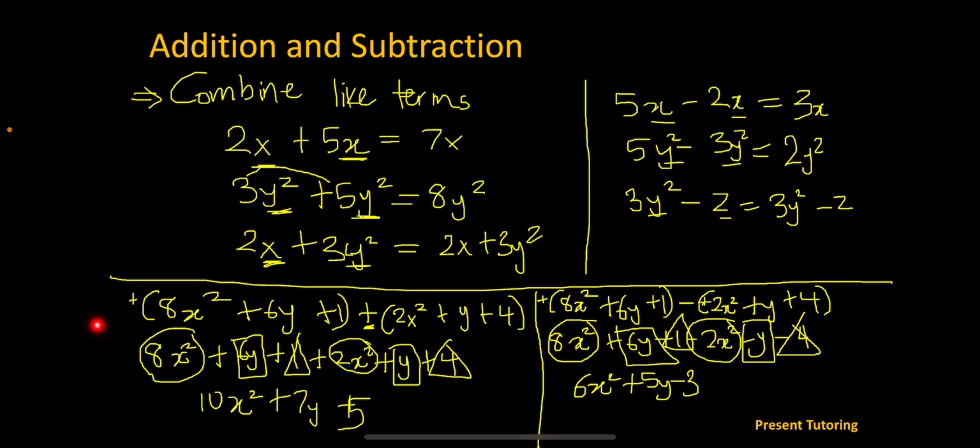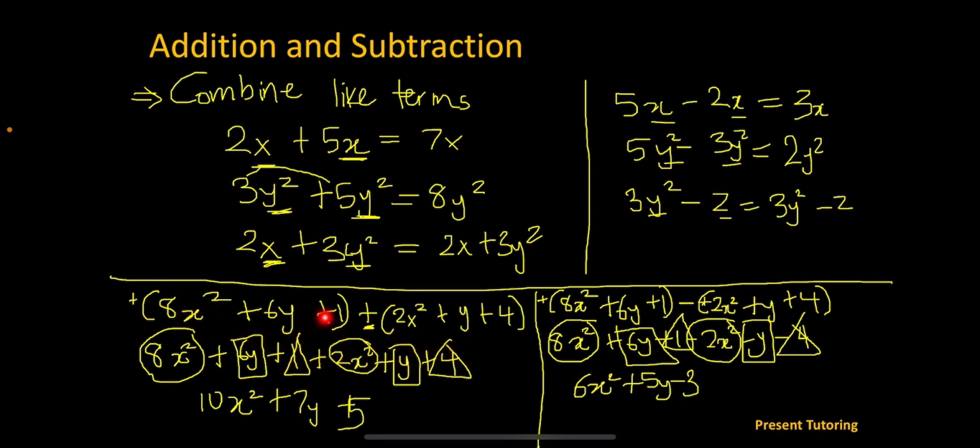Now, bringing that to a particular scenario, let's say we have two trinomials adding together. In this case, I wanted to add 8x squared plus 6y plus 1, and that's in addition to another trinomial, 2x squared plus y plus 4. If I wanted to open up this